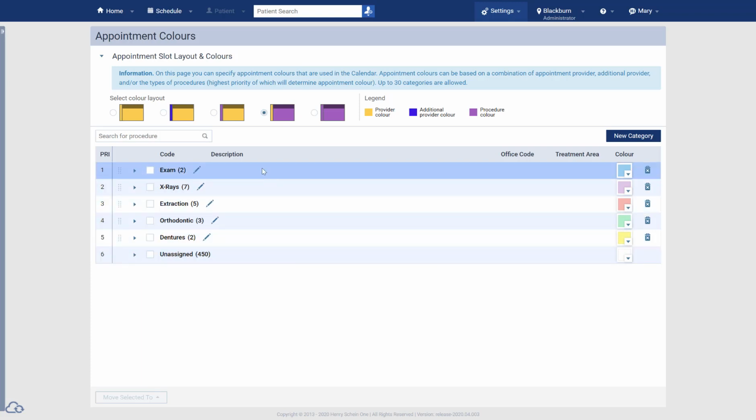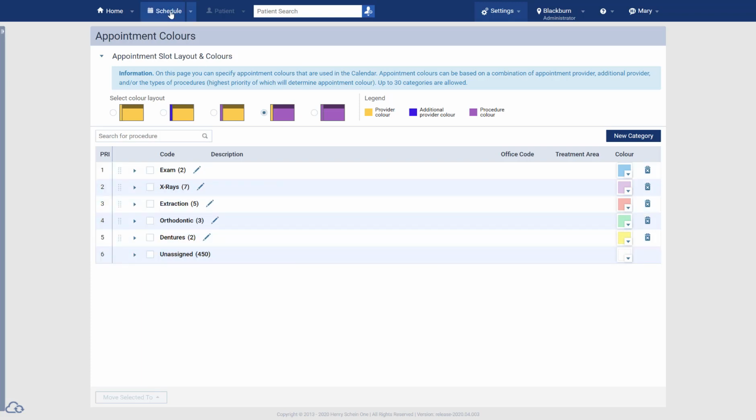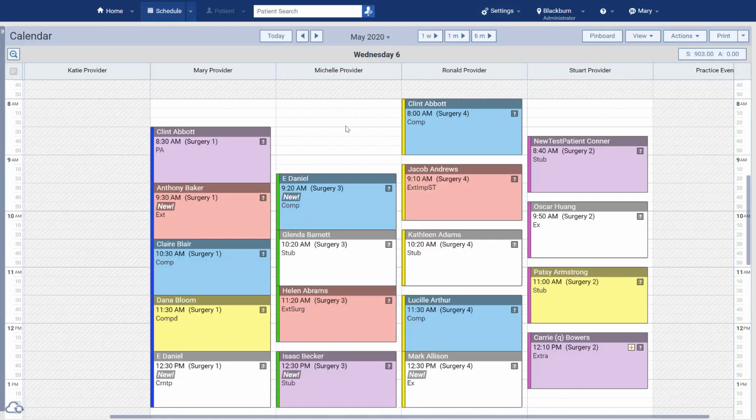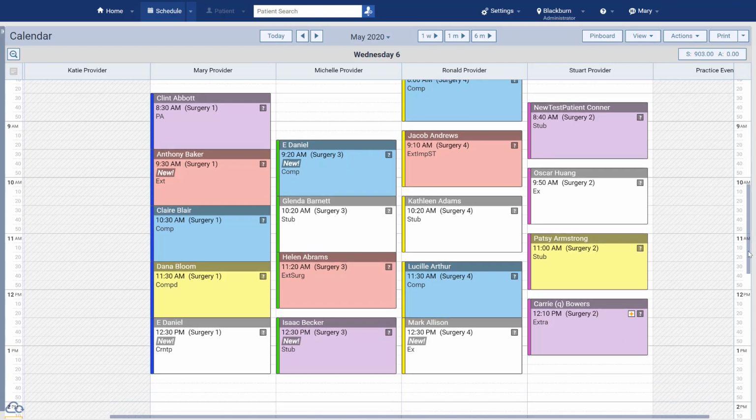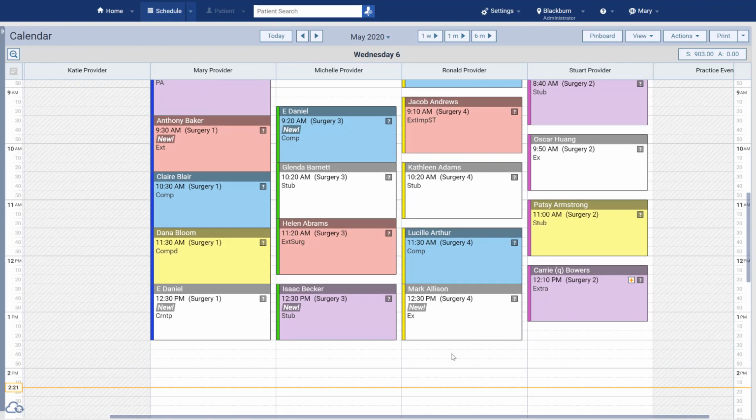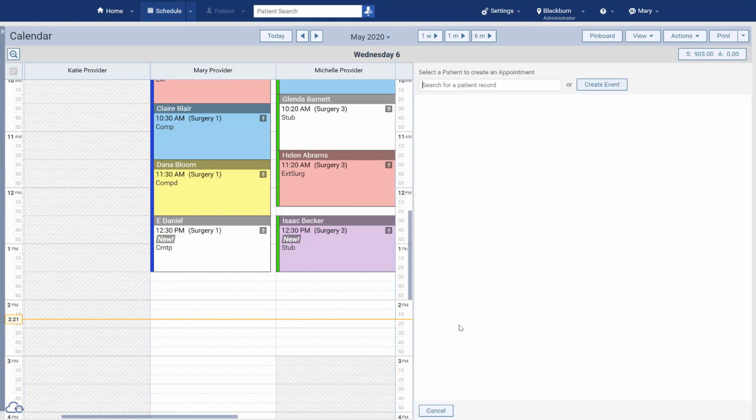So now that we have set the color layout and we have a few categories with colors and procedures associated, if we head back over to the schedule, we can see that all of the colors of the appointments have changed to that of the associated categories. And the same is going to happen if we now book in an appointment. So if I were to book in an appointment for this afternoon,